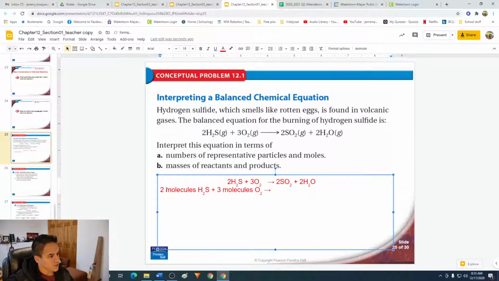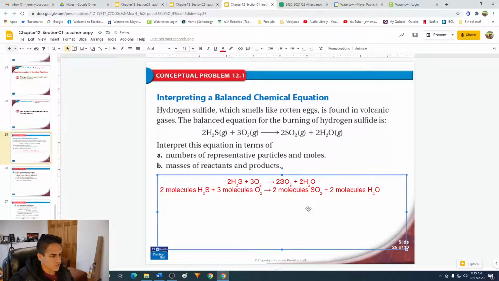Okay, now you'll notice here that I'm using 2 molecules of H2S because there's a 2 in front, and 3 molecules of O2 because there's a 3 in front. Okay. Then we get SO2, that's also a molecule because sulfur and oxygen are 2 nonmetals, so that's a molecular compound. So 2SO2 plus H2O, also a molecular compound, because hydrogen and oxygen are nonmetals, and these would be the representative